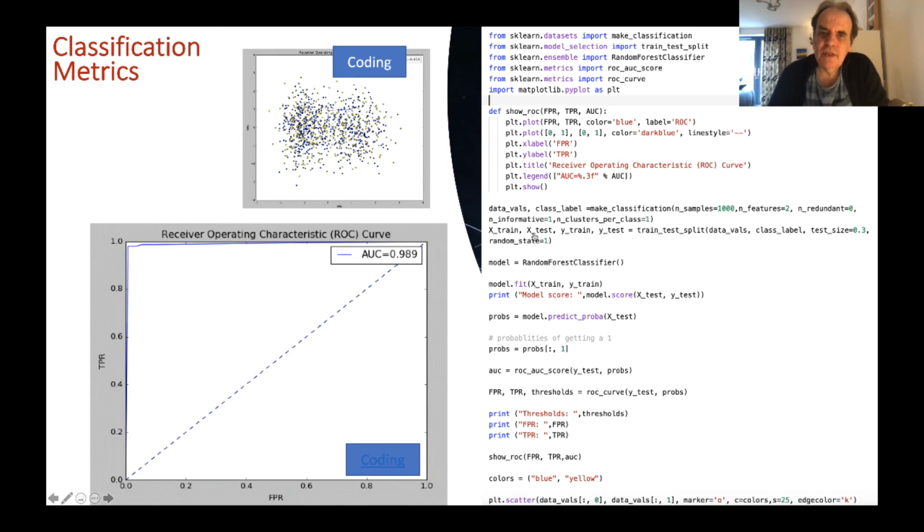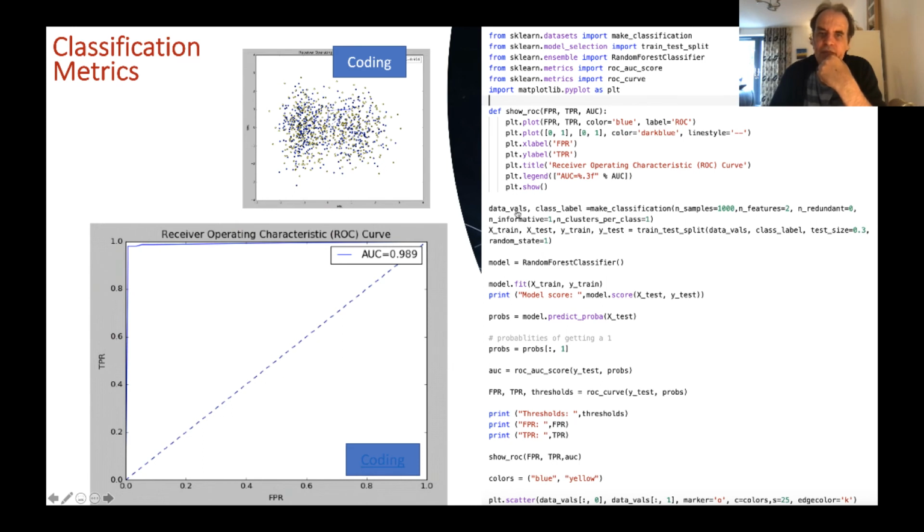Okay, so let's look at this example here. So in this case, we'll generate some data. We'll generate 1,000 points, and there's going to be 2 features. So the data itself will have 2 features, and then will be one of 2 classifications. Then what we'll do is we'll split the data set up into test data for 30% of the data, and then the rest of the 70% will be used to train our model.